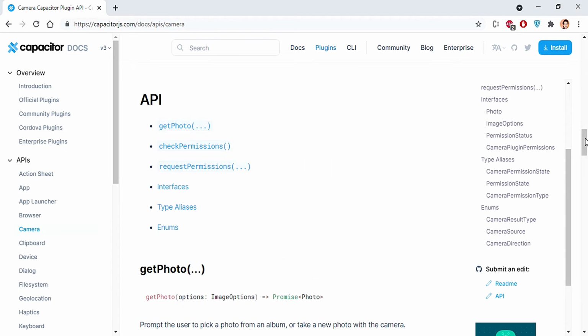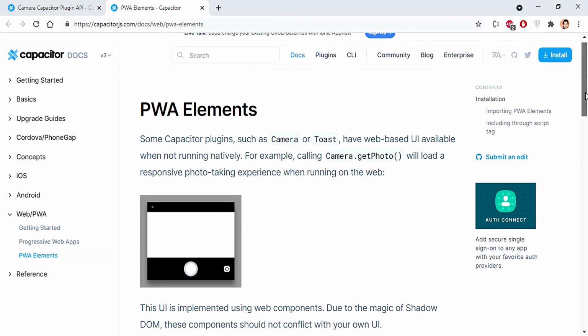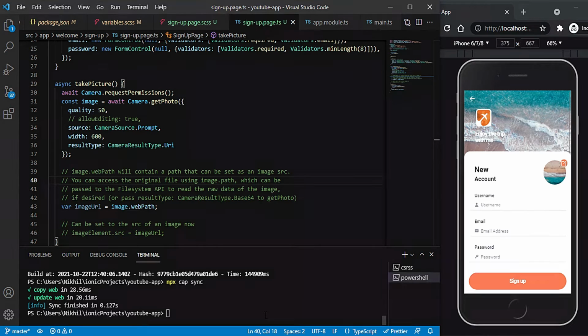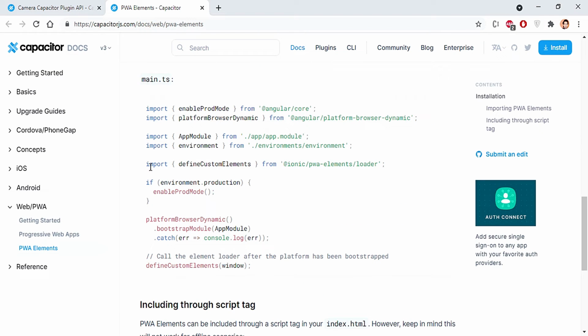If I just scroll up, for the PWA notes, something is given that we have to access the PWA elements to access the camera. So I'll simply open this link. Alright, so out here we need to install it. For that, let me simply copy this command and paste it out here. Now once this command is run, or in fact now also I can do, I'll simply copy this import